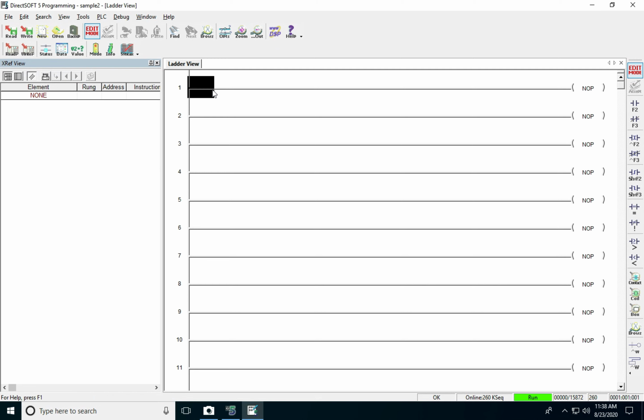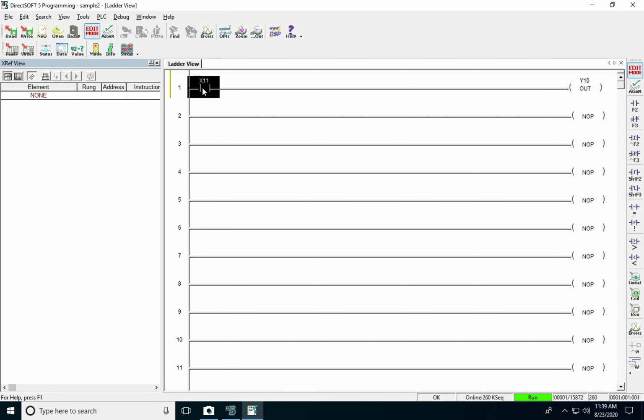So here I will click here and type X11, enter. So now it says whenever it is X11, we can go to the output. So it should be Y10. What this means is that whenever X11 is turned on, the power will go to Y10.